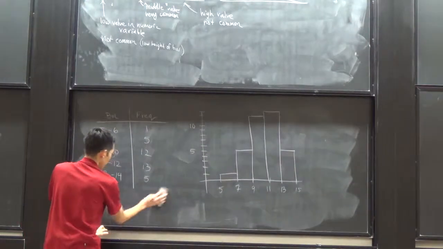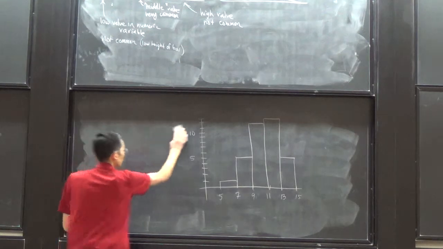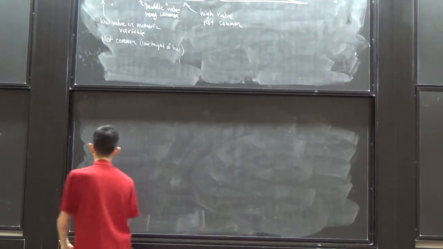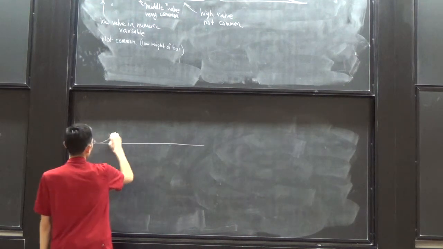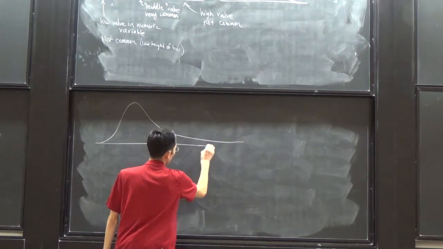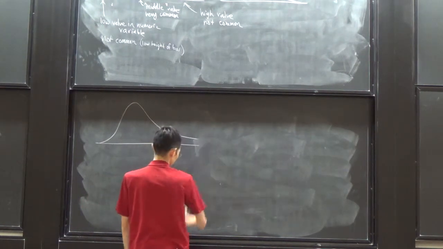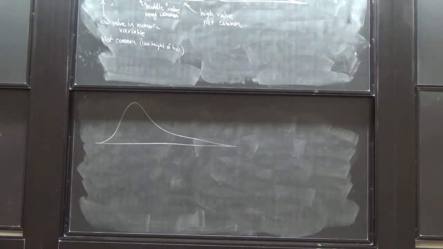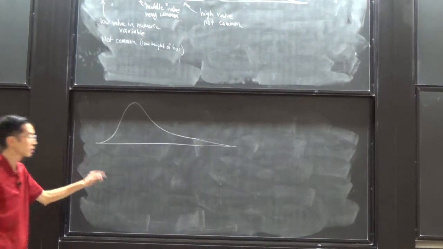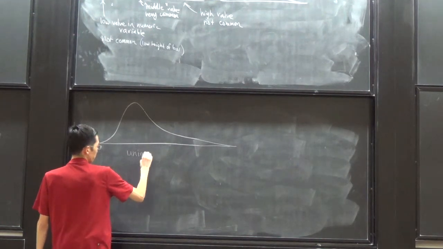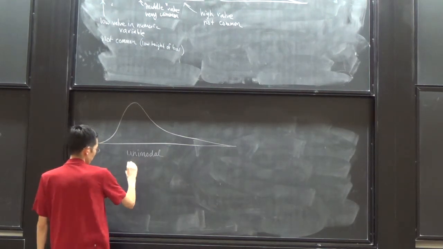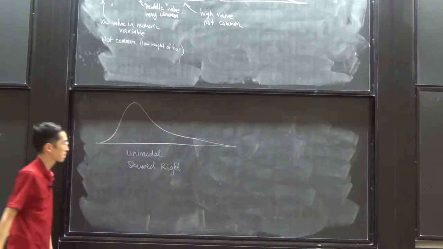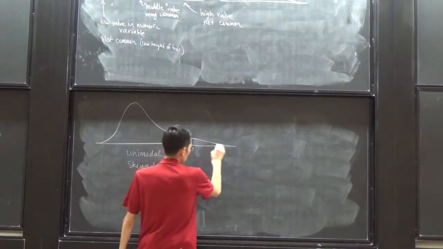So let's look at a few other unimodal ones that aren't symmetric. Okay, this thing, how many peaks? One. One peak, still unimodal. This is skewed right. Okay, and that's because this is known as a